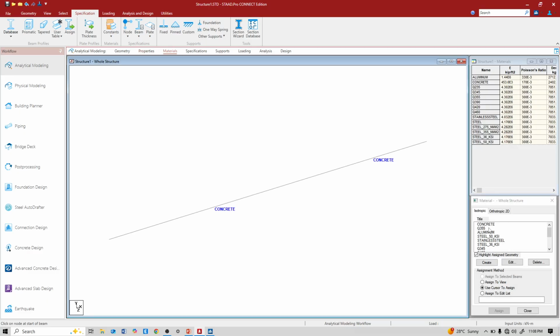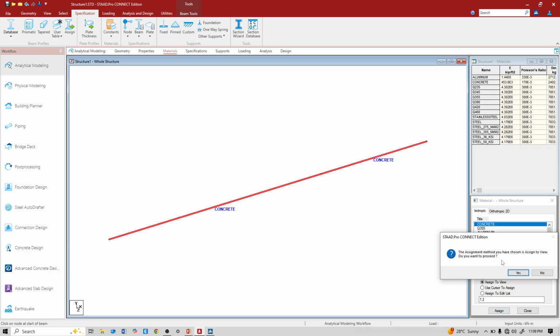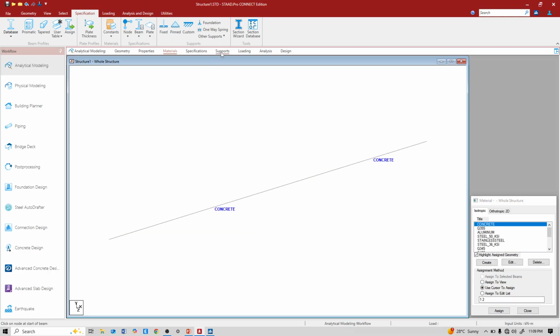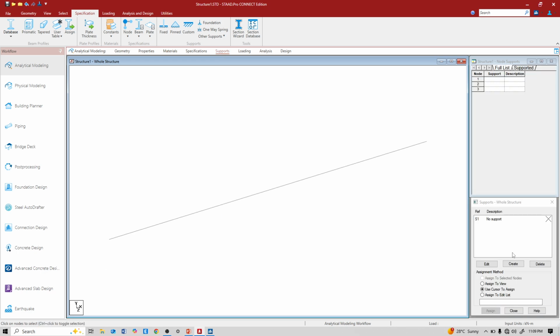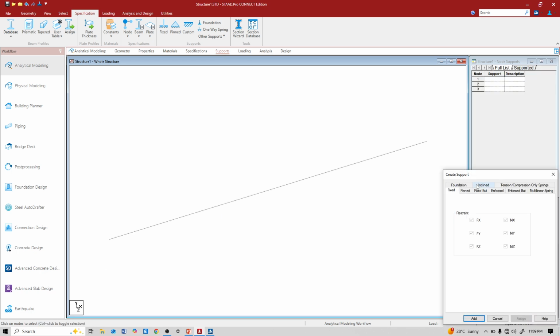Material, concrete, assign to view, assign, yes. We will calculate bending moment for only live load calculation, but for errorless analysis we need to provide this data. So this is only Fy is reaction here, all others are releases. Add,